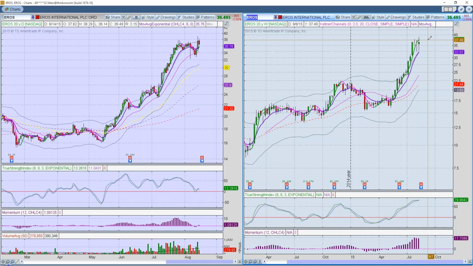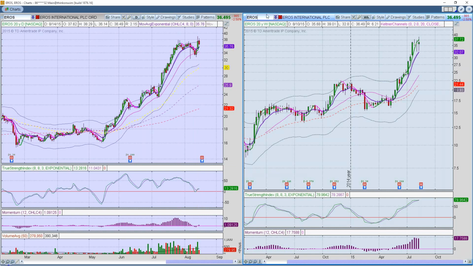You've got up here approximately 37.5 up to approximately 39, and then your lows are down here at the 33 level. This is looking a little bit suspect, like it may be running out of gas. New high, not a new high on the TSI, neither a new high on the momentum, where the momentum actually dropped a little bit. You got good buying volume yesterday, but look what you got coming up on the 18th before the market opens. You've got earnings. So what we may be seeing here is just a little bit of pre-earnings run.